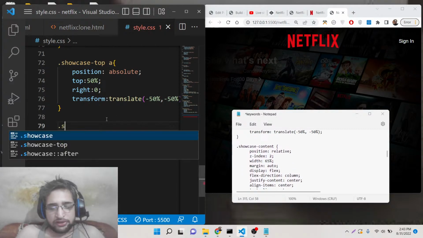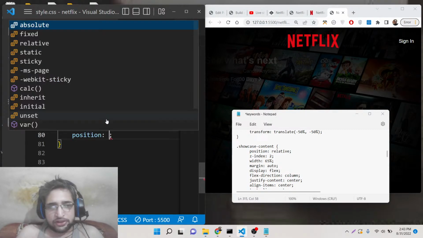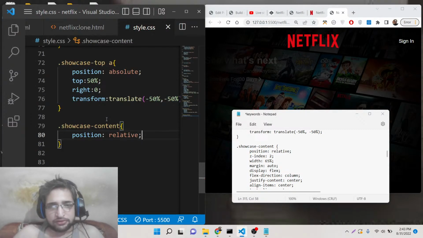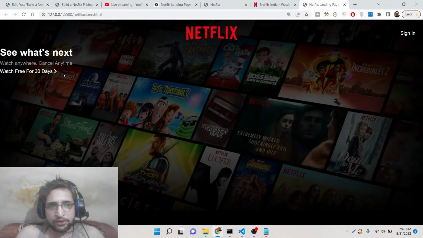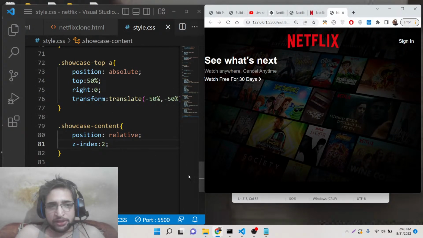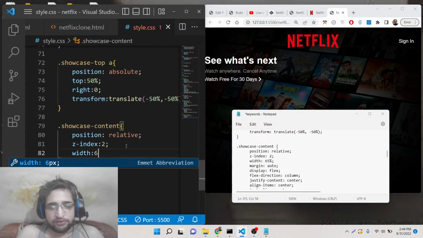Now basically we will target the showcase content class. We will say position to be relative, z index to be 2. So now this will appear on top of the background image, so you can see that. So z index is a property that makes the content appear on top of the background image. So this is the most important property. Then we have width to be 65%, margin to be auto,